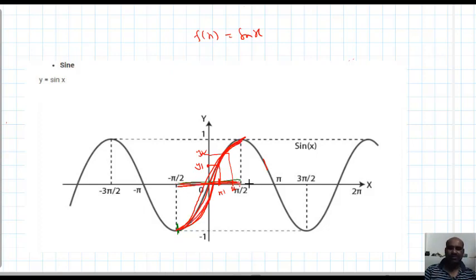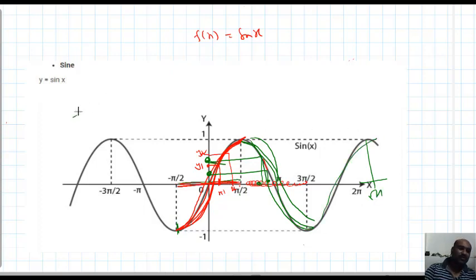Do one thing. Take x values from pi by 2 to 3 pi by 2. Okay, I will use another color for that. So this is the graph, the sine function. See, this is decreasing. See, for this x, the corresponding y was here. For this x, the corresponding y was here. No? X increased, y decreased. So from pi by 2 to 3 pi by 2 it decreases. Again from 3 pi by 2 to 5 pi by 2, it increases.